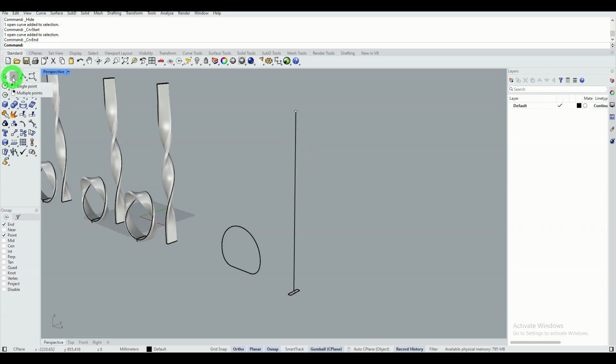This is an alternative method to drawing the extreme points. I lower this point by a greater value than the previous example to make it more visible, say minus 20 millimeters. And I raise this other point by plus 20 millimeters.